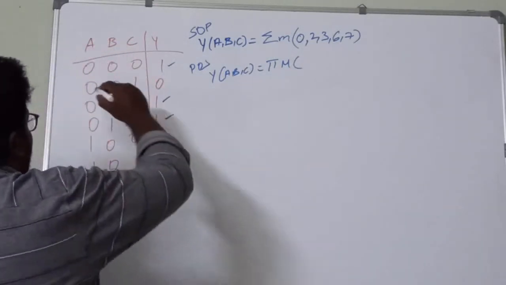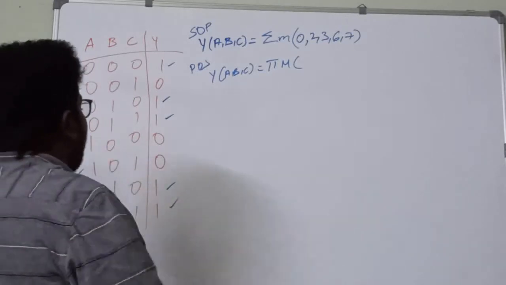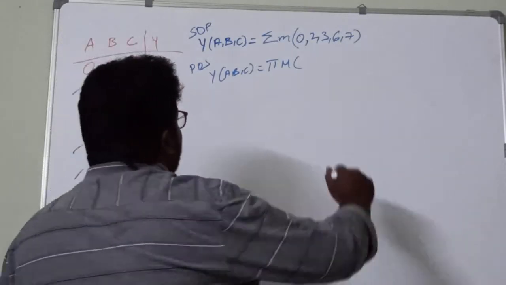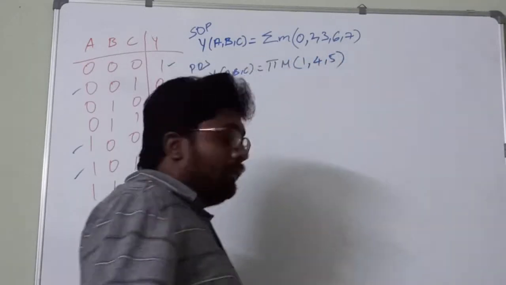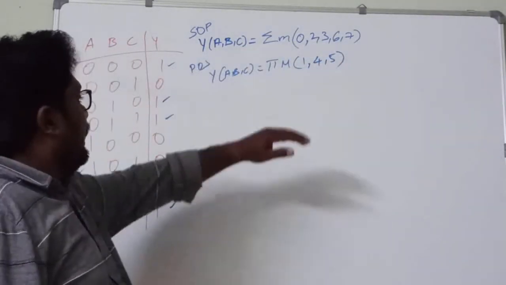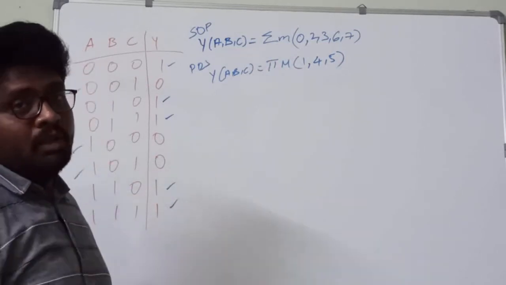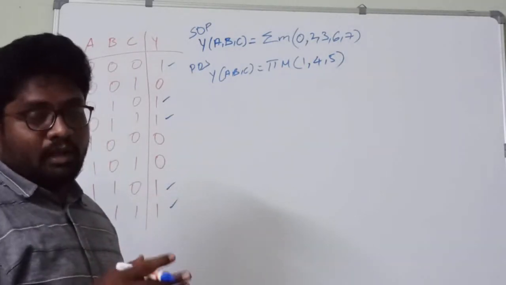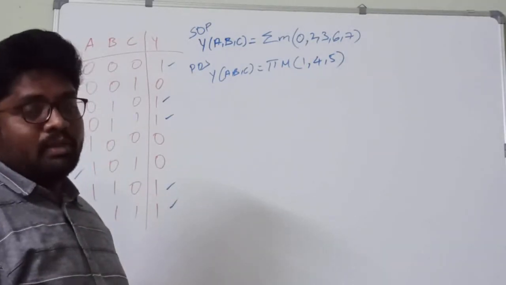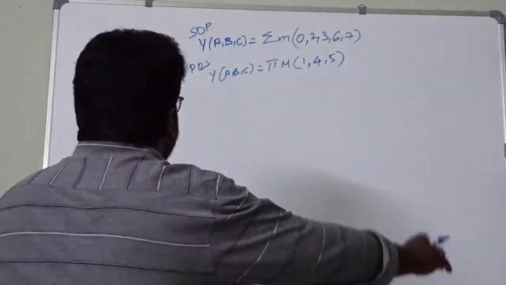So for POS form, this one is having 0 output, this one is having 0 output, and this one is having 0 output. So this will become 1, 4, 5, right? These are the expressions in SOP form and POS form. So now let us take each one and reduce the given expression to the minimum SOP and minimum POS, right? So first I am taking the